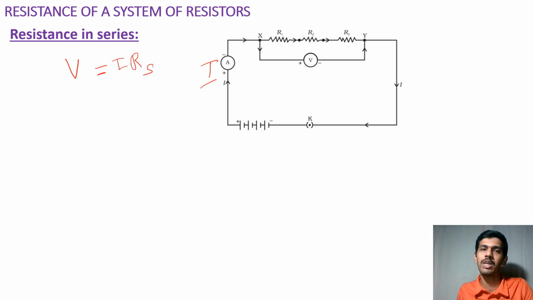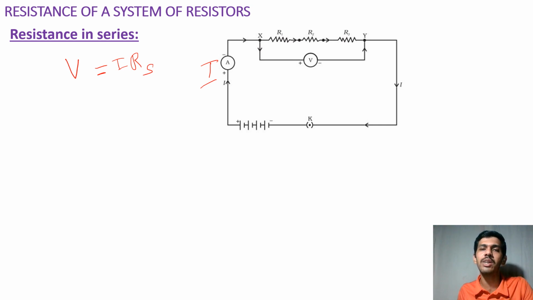That means effective resistance in series. That S indicates it is in series. Effective resistance in the series combination. Now, in order to find out the effect, what I do is, in place of